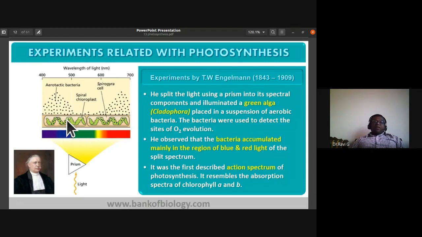So he concluded that oxygen was liberated only at these blue and red wavelengths of the spectrum. Look at these experiments, how simple they were, but they gave us a lot of